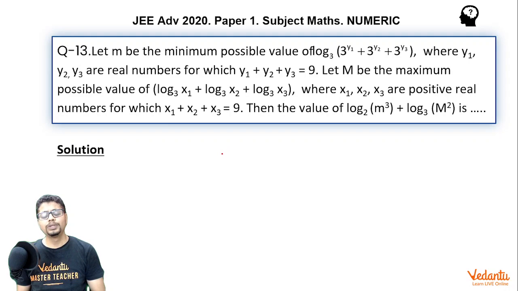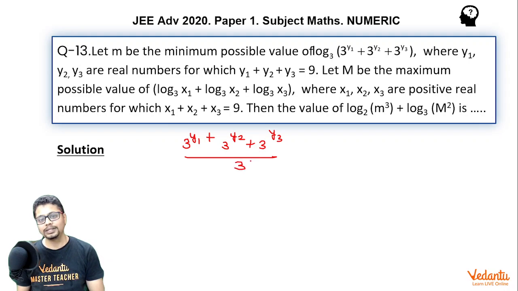In this question, we will be using a very popular concept, AM greater than or equal to GM, twice. Now, to comment upon the minimum value of this expression, if I explore the minimum value of 3 to the power y1 plus 3 to the power y2 plus 3 to the power y3, that would lead me to the value of small m. If I use AM-GM on these three terms, I can say the sum of these three terms divided by 3 is greater than or equal to the product of these three terms